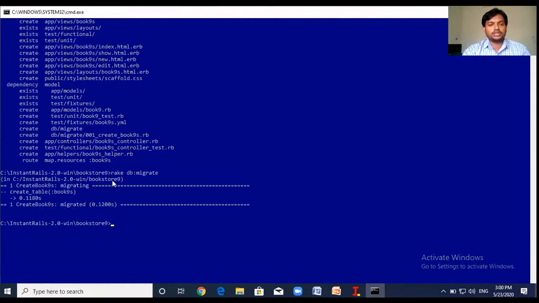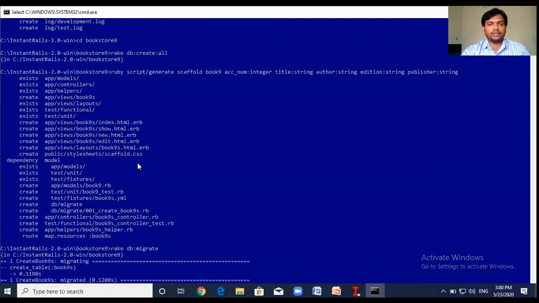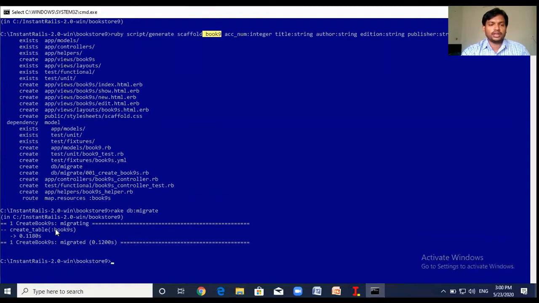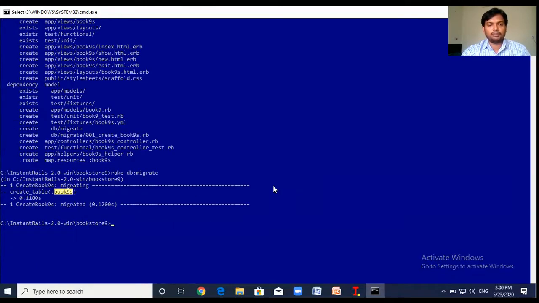Now it is creating the table. Now the table is created. Here the table name we have given is book 9, which is singular, and the plural name books will be created. That is the feature of this Rails application.